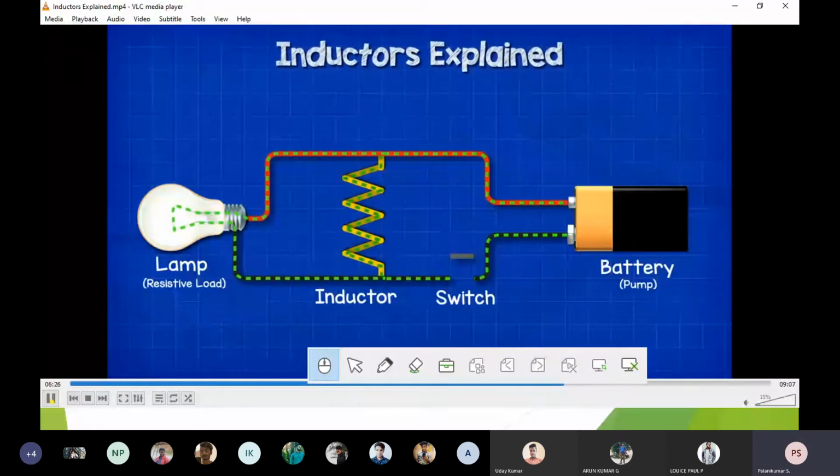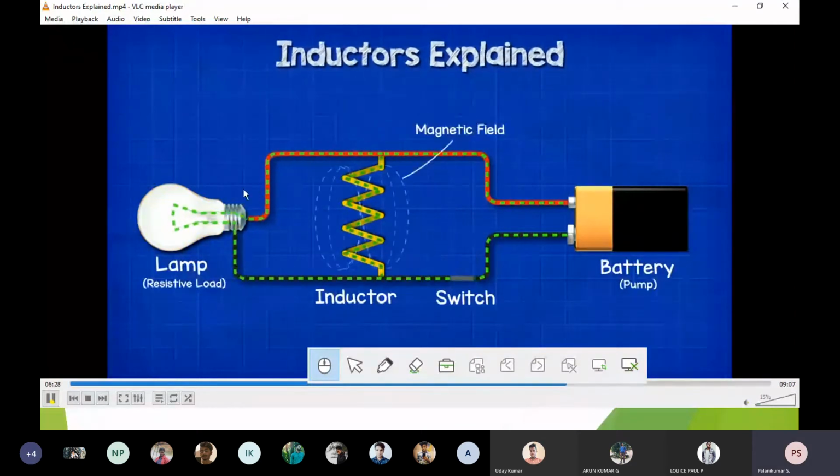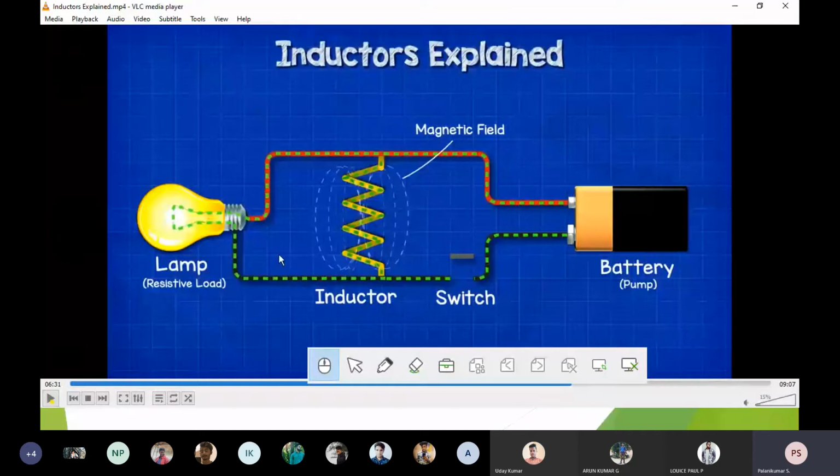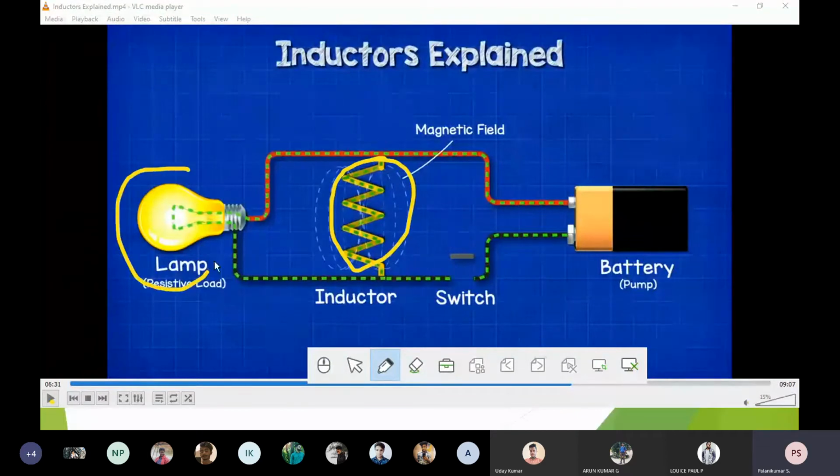Okay, now I think you are all able to understand. It is similar to a pump that is connected through branches. In one branch, a resistor is connected; here, a resistor is nothing but the lamp. In another branch, I have a water wheel. So we have seen it is similar to a water wheel, and it is similar to resistors.